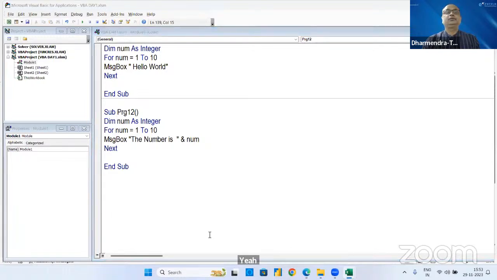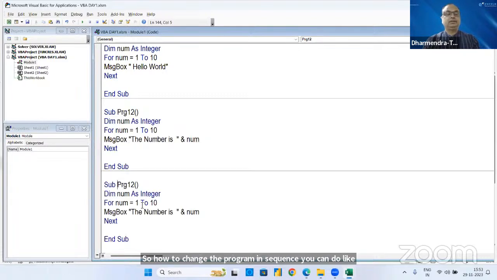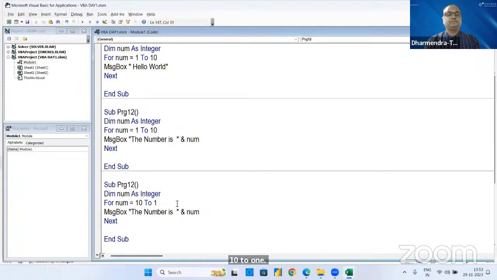All right. So how to change the program in sequence? You can do like this also. For example, I want here it should be 10 to 1, and after this right here, a step minus 1. Okay. Now, if you go and run here,